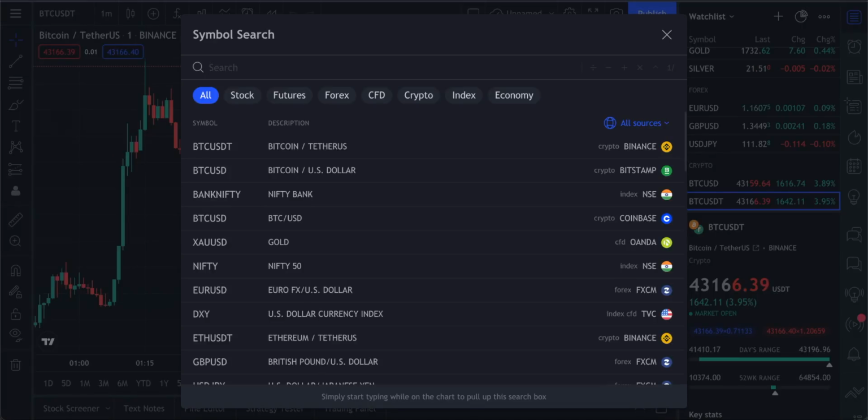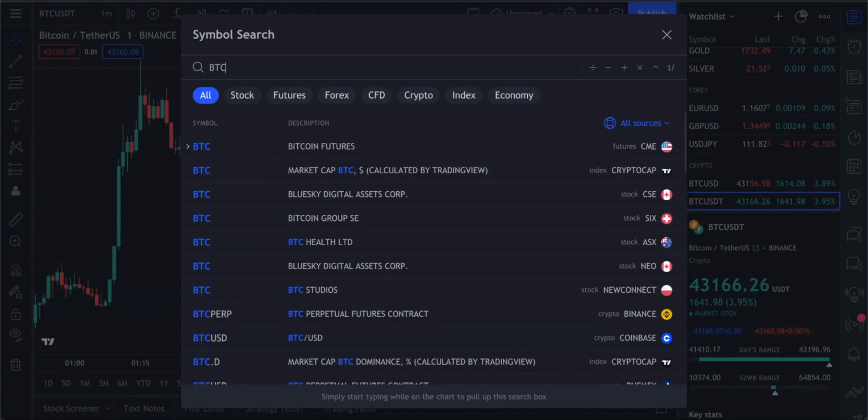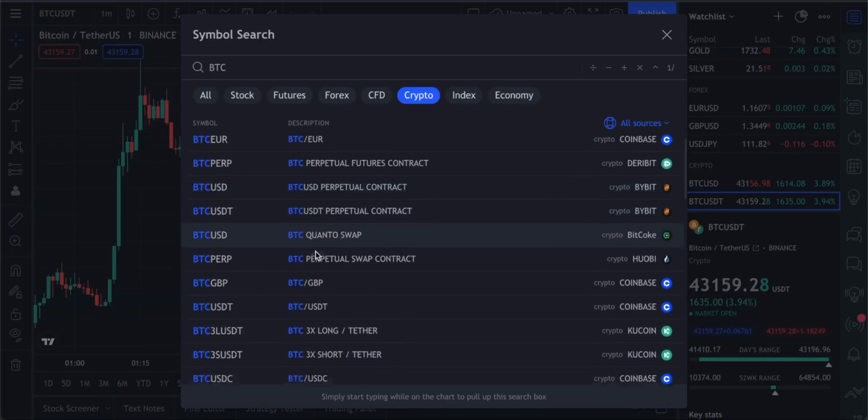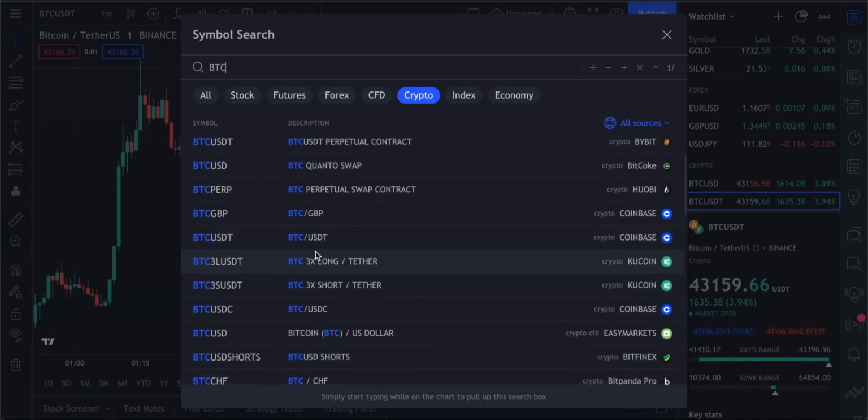It doesn't make sense to look at, let's say, a Bitcoin and Ethereum chart if you're going to be trading Bitcoin and, let's say, Tether or a stable coin. So we're going to go ahead and type in BTC, and you can limit this list by going to the crypto option. And we're going to look for the Tether option because that is the pair that I will be